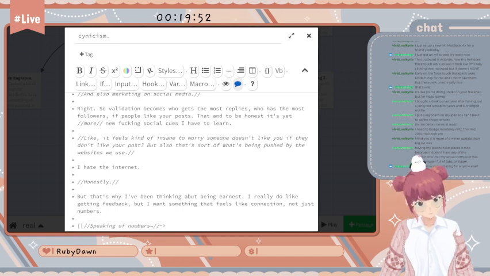Oh, is the timer not updating? I have this problem where if a window is out of focus, sometimes OBS will stop updating it.